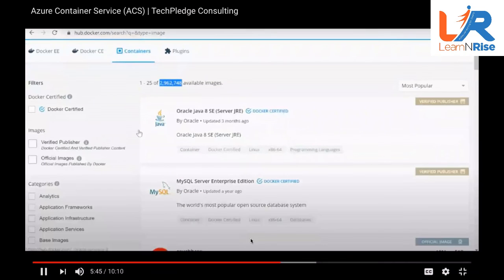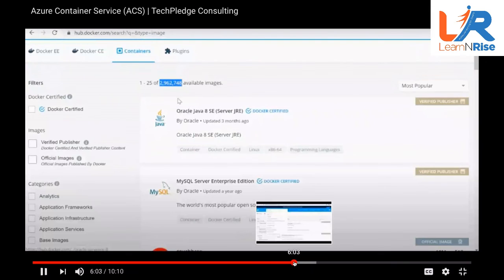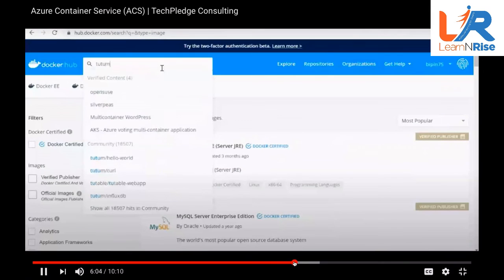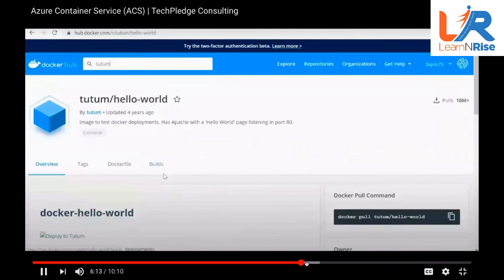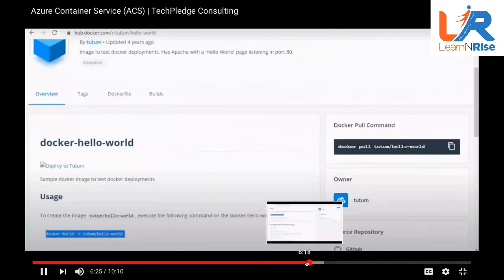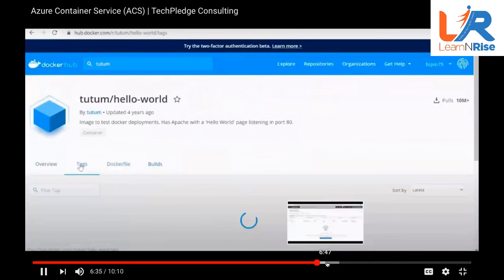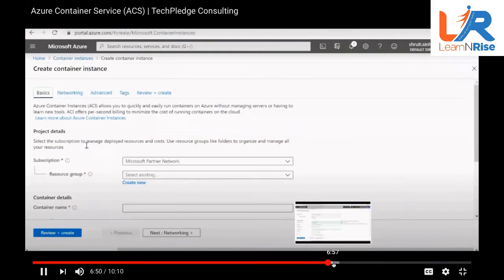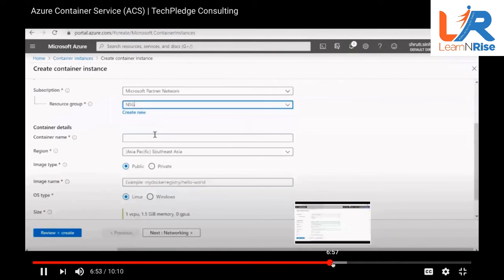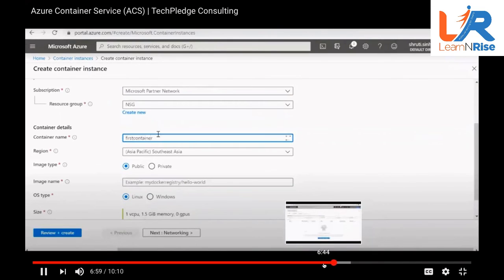Again I am going to type the same tutum hello world, and then I copy this name. Now this is the way we select the resource group. We give any container a name like pizza or burger.